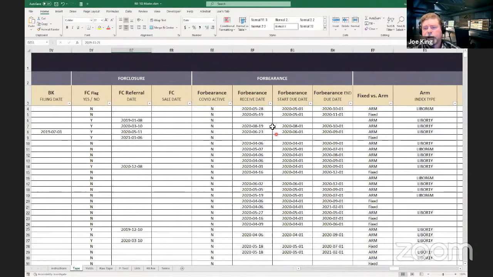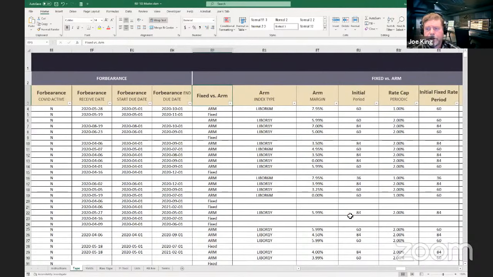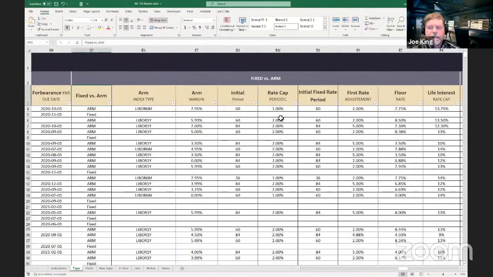And then we have all the information about the forbearances, whether or not there's an ARM on some of the loans. And in this case, we're seeing quite a few ARMs. What this will do is tell you what those ARM margins are, what the periods are, the cap rates, the floor rates, which basically mean how much they can raise it per